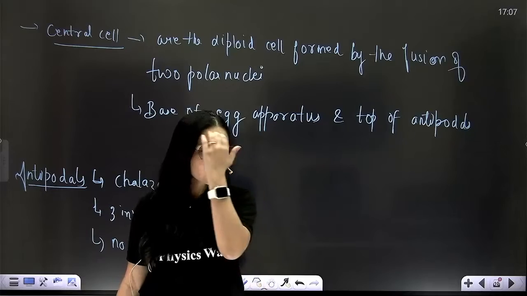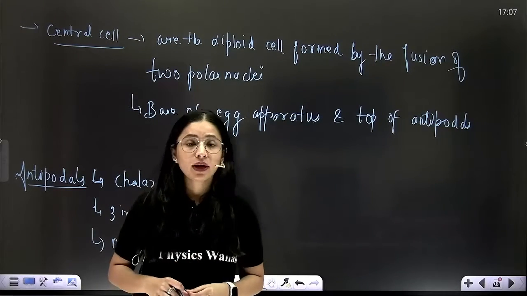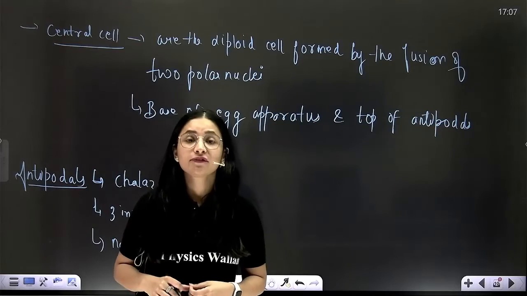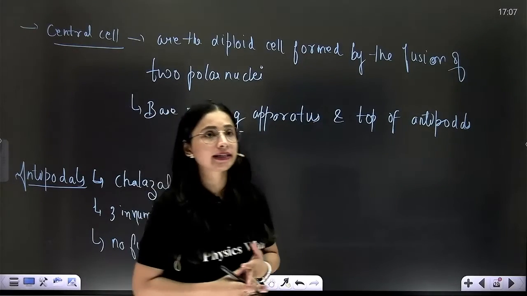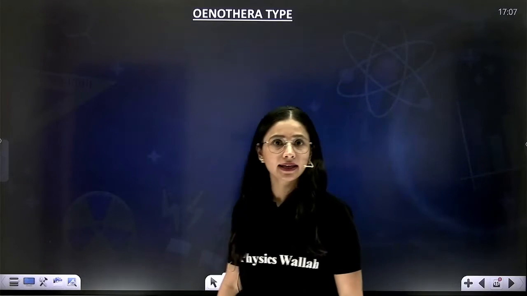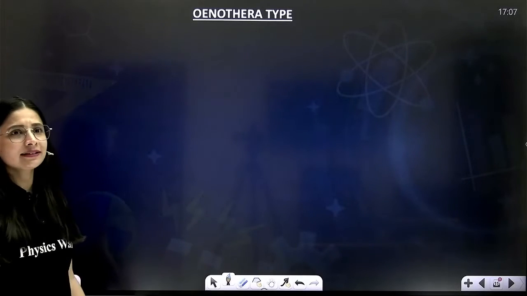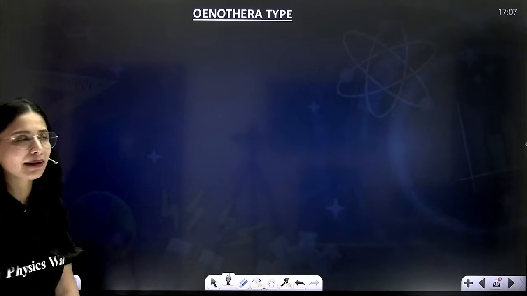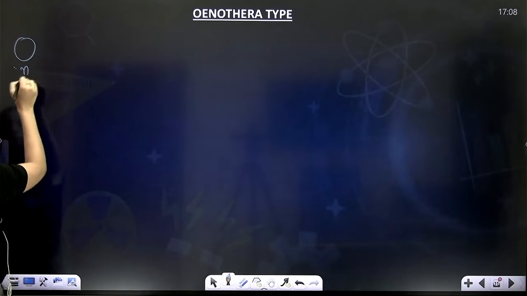I hope Polygonum type of embryo sac is clear to each and every one of you. If yes, then let's start with the second type of monosporic development, that is Oenothera type. Oenothera is common in some specific families. Now what happens over here? Beta, this is one functional megaspore,